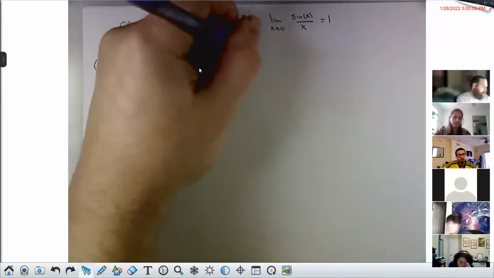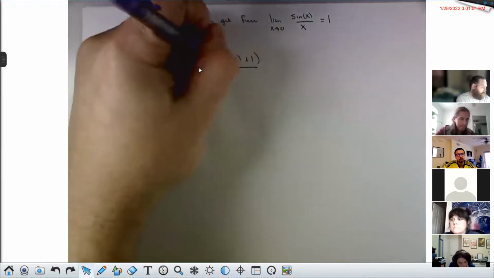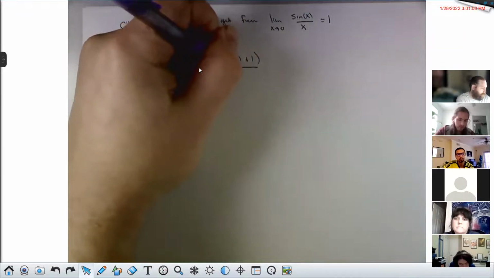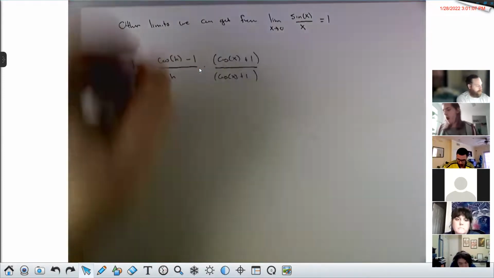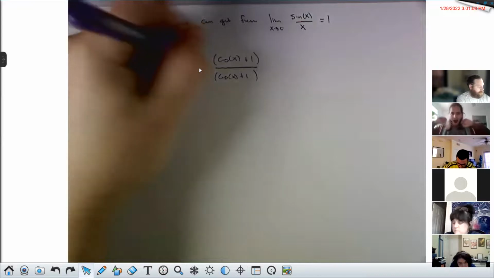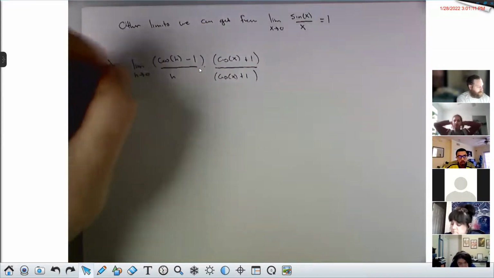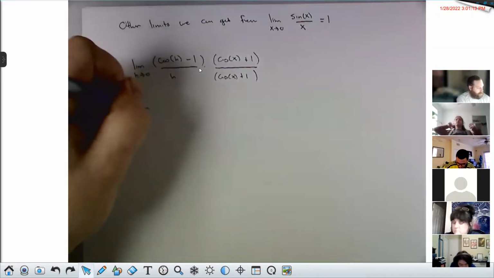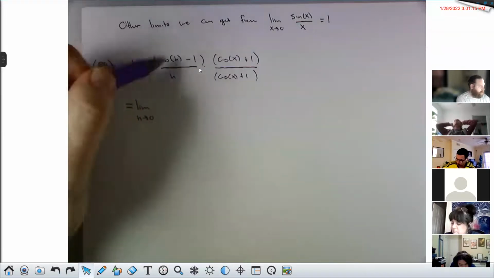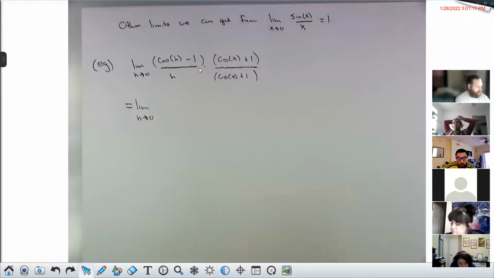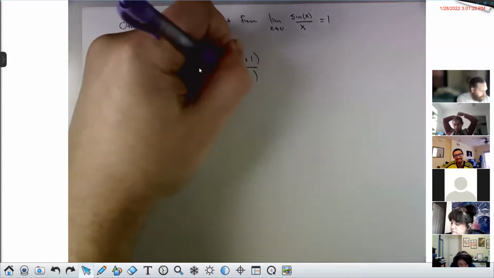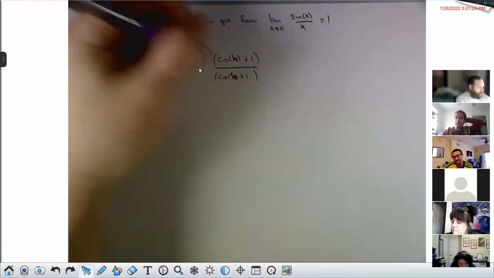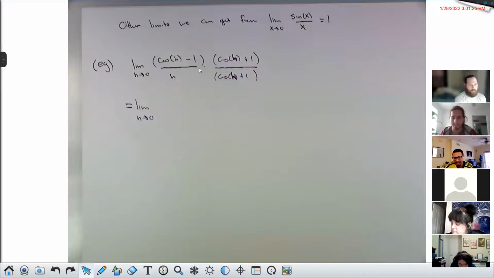Cos x plus 1 over cos x plus 1. Distributing. I get the limit as h goes to 0, FOIL the top. Oh, I wrote x's and h's, didn't I? H. Multiply by cos h plus 1 over cos h plus 1. I'm sorry. So distributing,